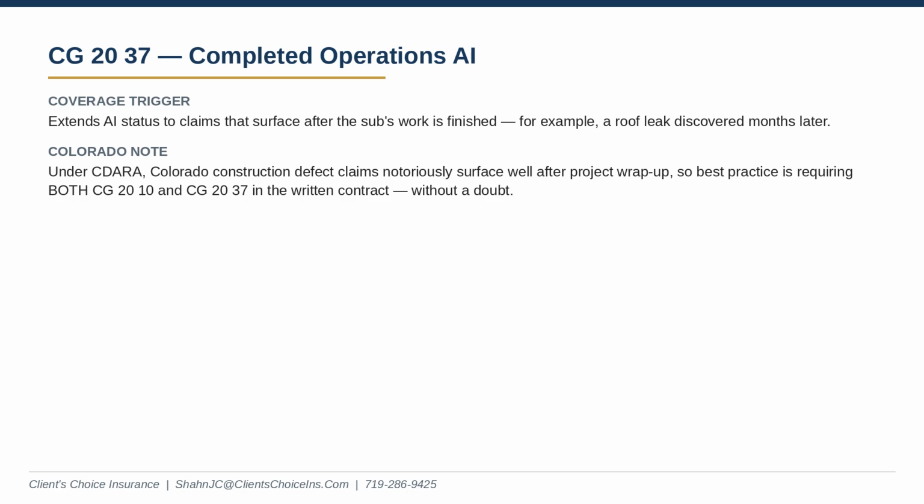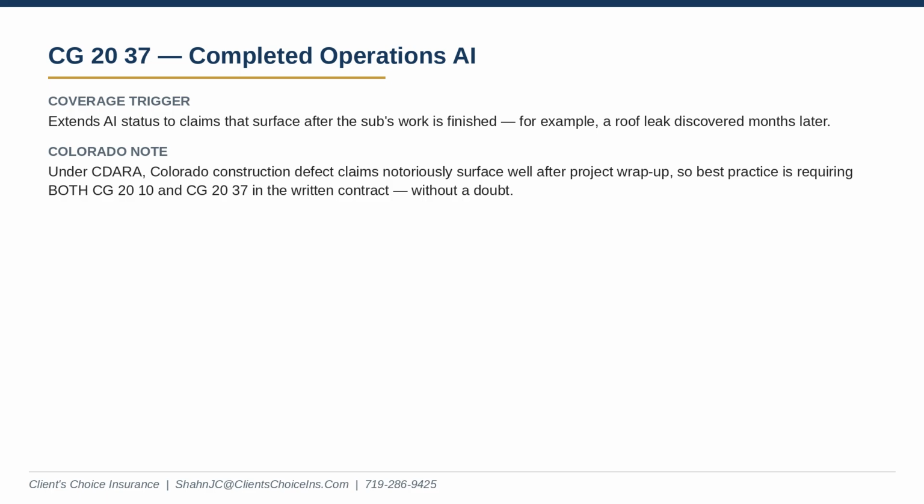Exactly. In Colorado, defect claims notoriously surface well after a project wraps up. So if you only require ongoing operations coverage, you have this massive gap the second they finish the job. So best practice dictates you absolutely have to require both forms. Without a doubt. Which brings up the whole administrative side of this,